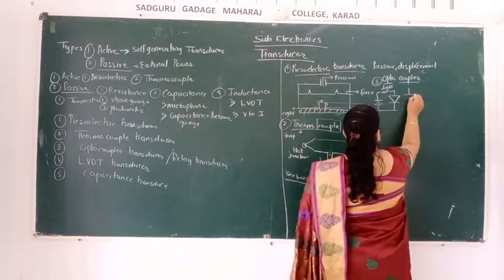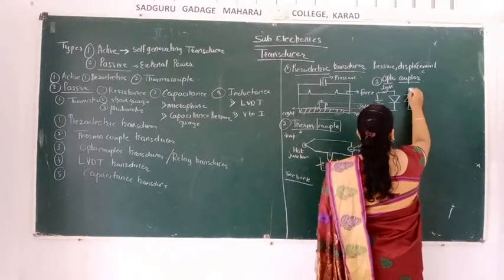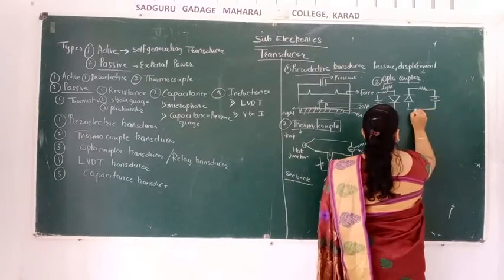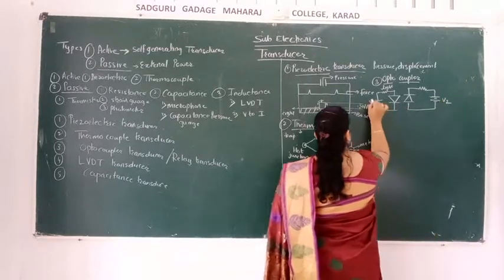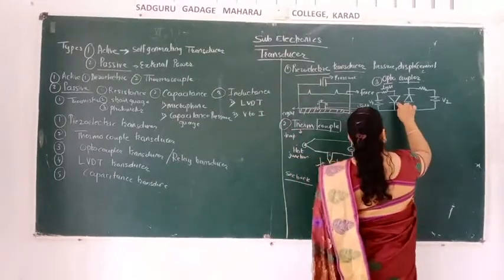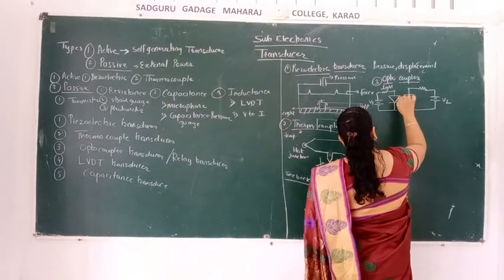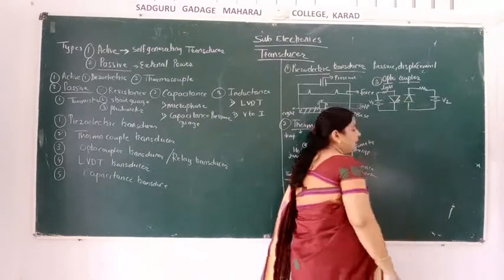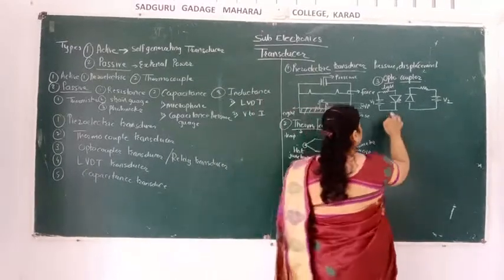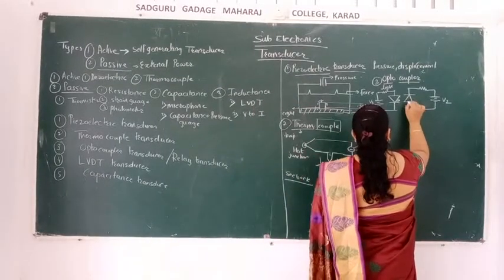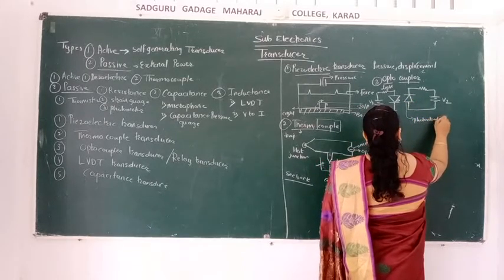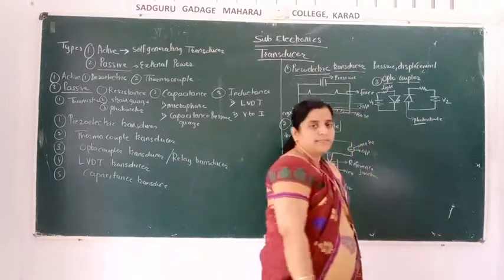Okay, and here one more diode is there, one resistor is there, and this is the battery. That is voltage V1 and this is voltage V2. This is what? LED. LED means what? LED means light emitting diode, which emits the light. And here is what? It is the photodiode. I will write it here. Photo means what? The diode which works on the principle of light.